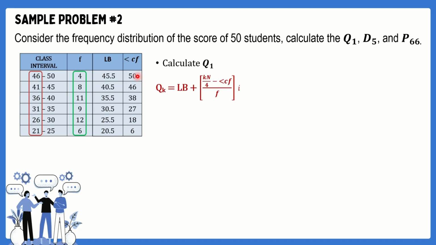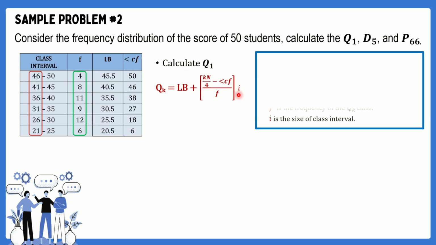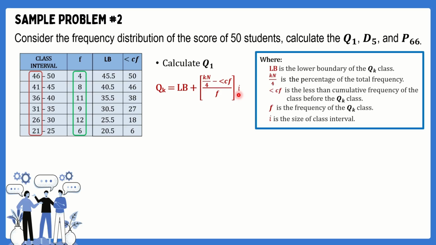So we will be using the formula in calculating quartile 1. The Q sub k is equal to LB plus kn over 4 minus less than cumulative frequency all over frequency times class interval, where LB is the lower boundary of the quartile K class, and the kn over 4 is the percentage of the total frequency, and the less than cumulative frequency is that of the class before the quartile K class, and the F is equal to the frequency of the quartile class, and I is the size of the